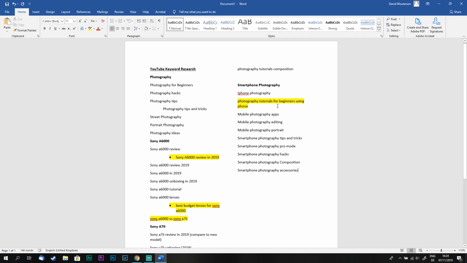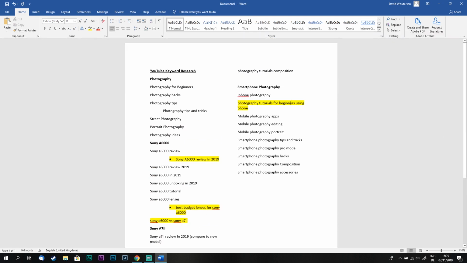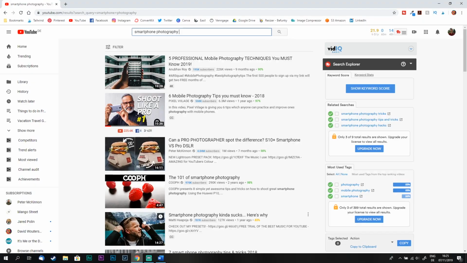All right, so we've got a few different medium mid-tail keywords that we can then look into and find some long tail keywords for some video ideas. So that alone, we've got at least 10 different video ideas under smartphone photography that we can then look for long tail keywords and what people are actually looking for. So let's go back to photography tutorials, because